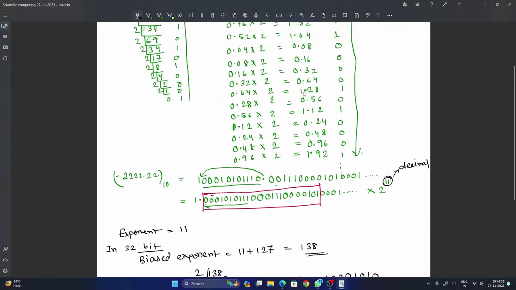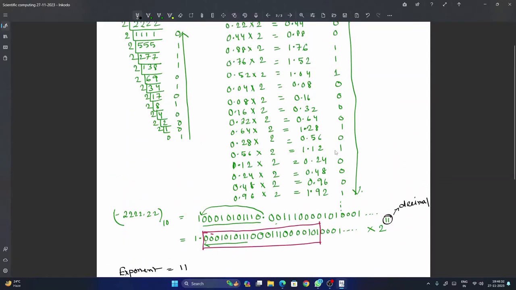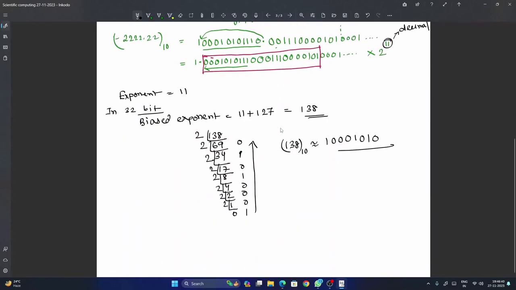Now if it is a 64-bit system, that means you need more values here. So you have to calculate more and more, and you need more values because there are total 52 space there, and it will be very difficult, obviously. Not for calculation, it will be laborious. So that means now your